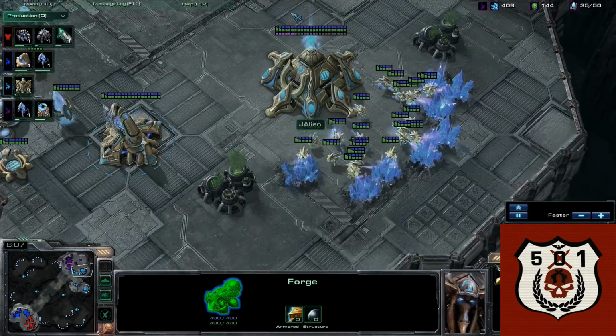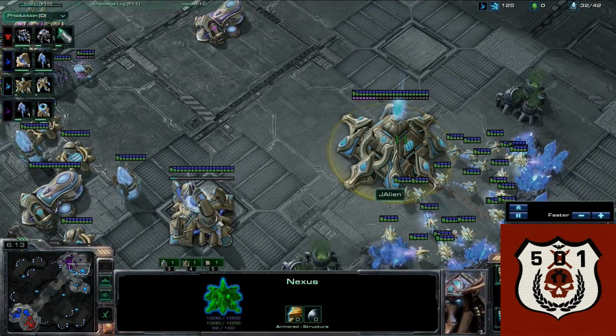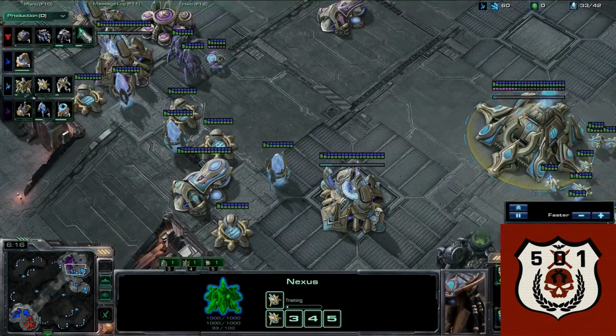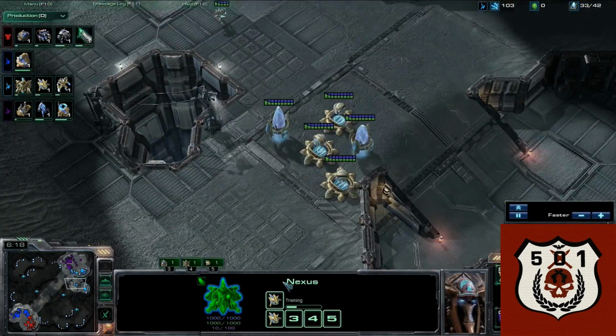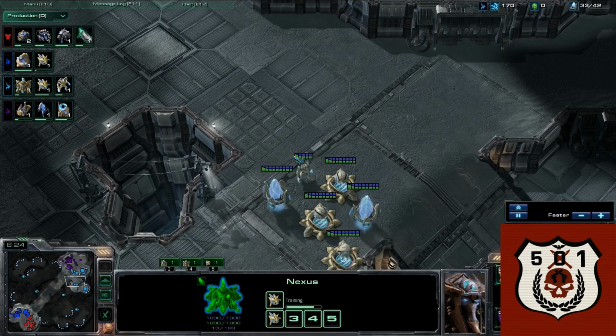He's going for the fast expand. So he's probably going to be going air. Probably the blue is going to be going air. When you spot something like this, if you spot a Forge in the gateway and you just saw him trying to get that fast expand, you know the air is coming,